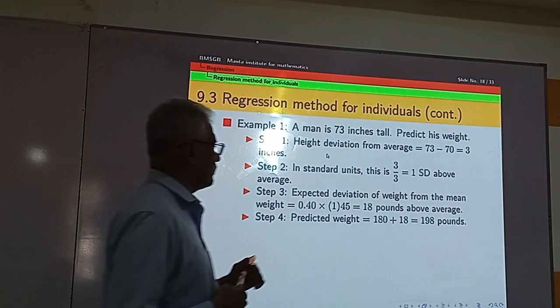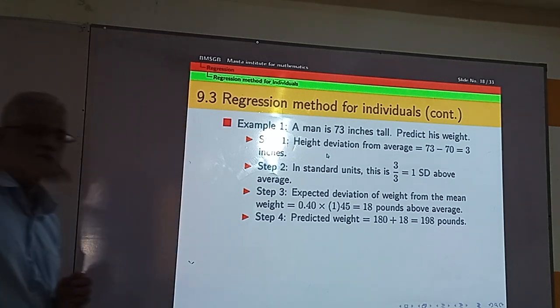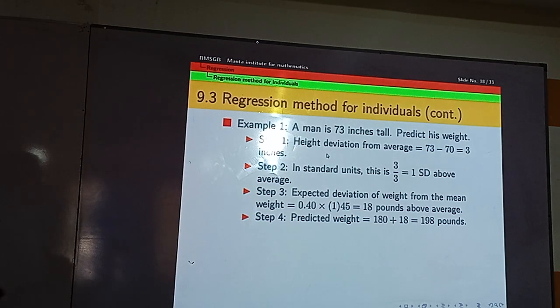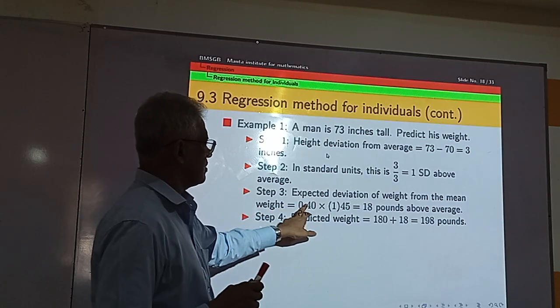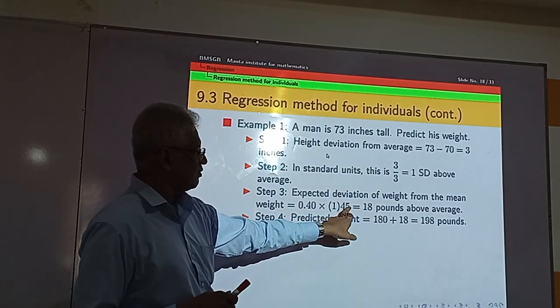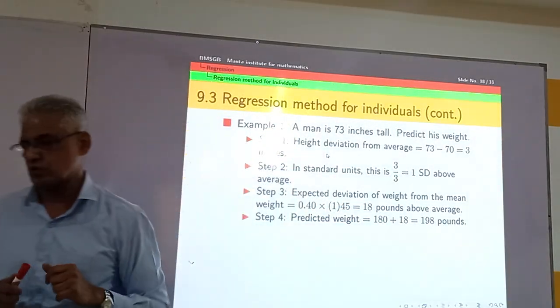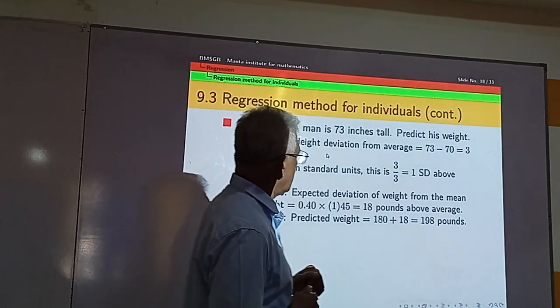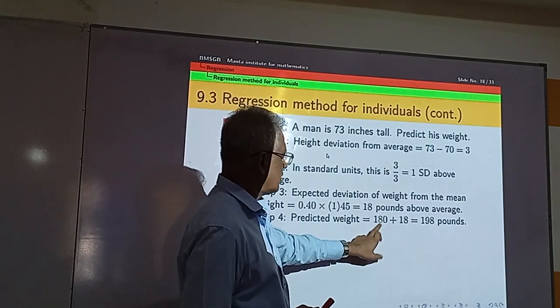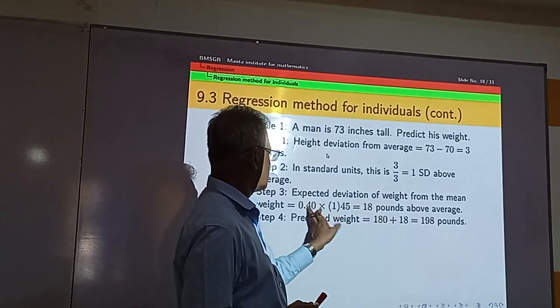Therefore the expected weight will be the average weight plus r times 1 times 45. 45 is the standard deviation of y. So the predicted weight will be, if the average is 180, 180 plus this number,